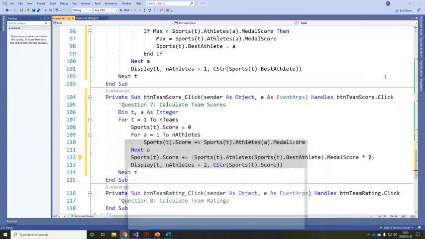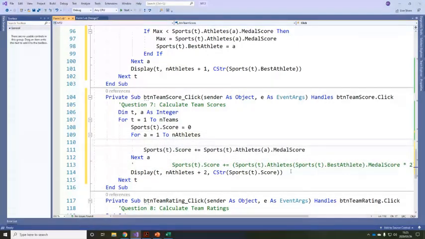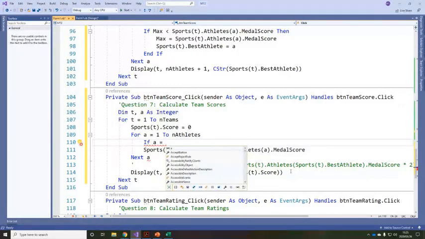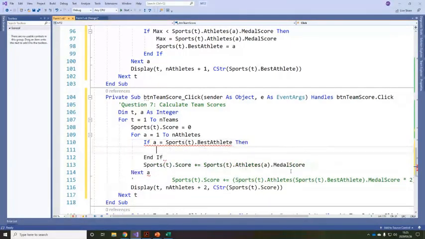Now, maybe most of you didn't do it this way. Maybe most of you actually did this instead. And perhaps this is the more direct way. And this is what you might have done. So inside the for next loop, you check the following. If A is equal to sports T dot best athlete, then